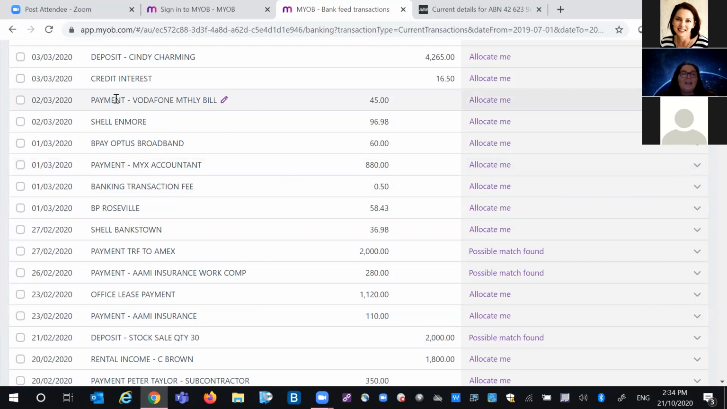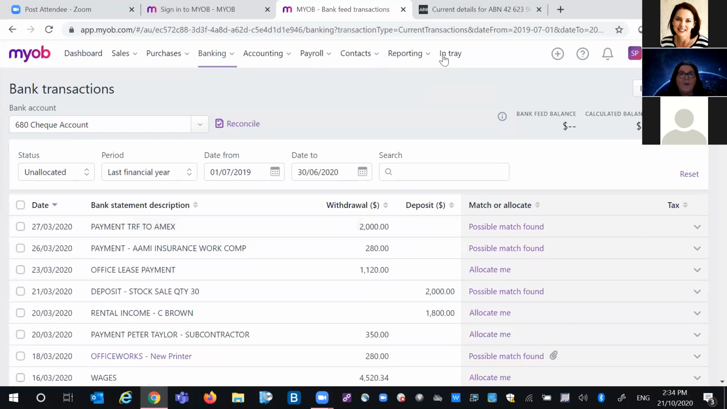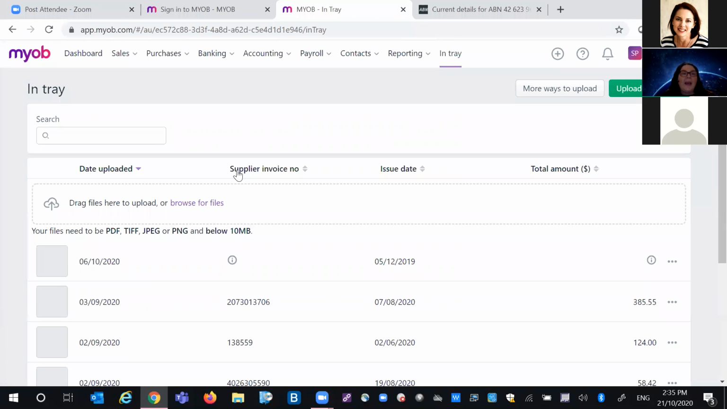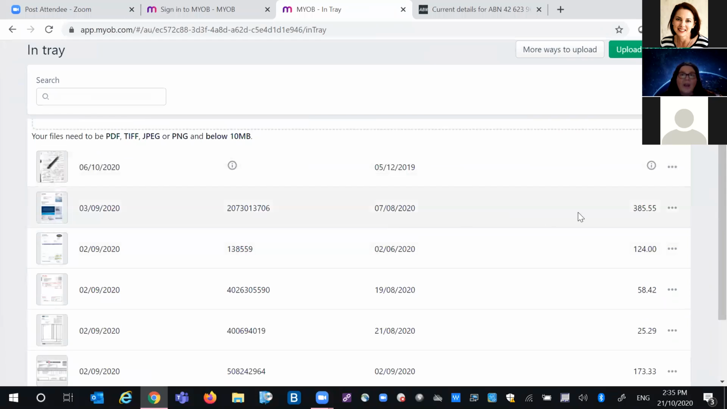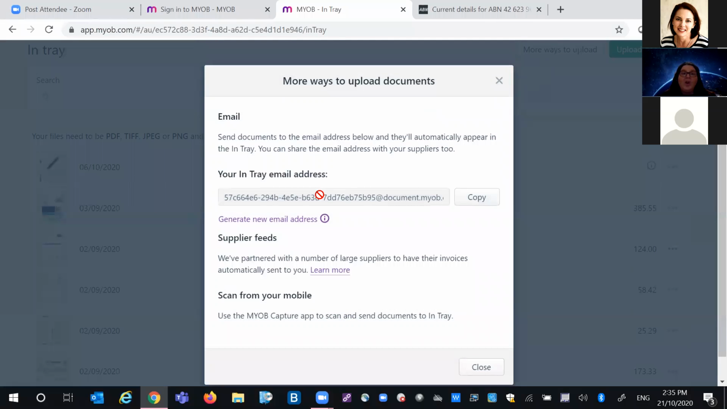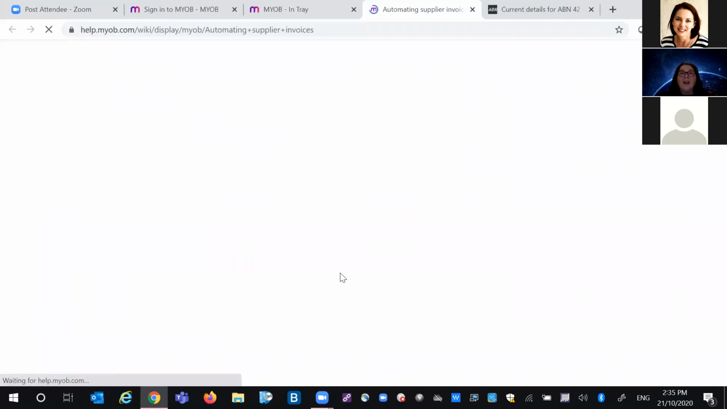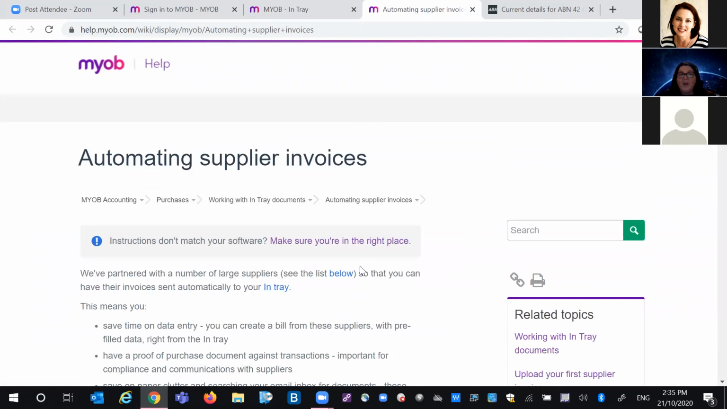Also, don't forget the idea, as I said before, with the in tray, capturing your source documents. You can drag and drop into your in tray if you have two screens and your email open. If you jump into your more ways to load, you have your unique email address here that you can copy. You can auto forward your emails to come directly into your software. We obviously have our supplier feeds, which is going to be the next new buzzword you're going to hear a lot about,